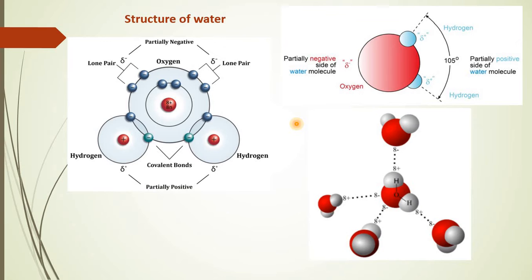Now, before we go into the depth of the physico-chemical properties, let us have a small recap of what we have understood in structure of water in the previous lectures. You know that a single water molecule is composed of one atom of oxygen and two atoms of hydrogen. If we consider the atomic structure of oxygen, we can say that there are four lone pairs of electrons in the outermost shell of oxygen, whereas in the outermost shell of hydrogen, there is one single electron.